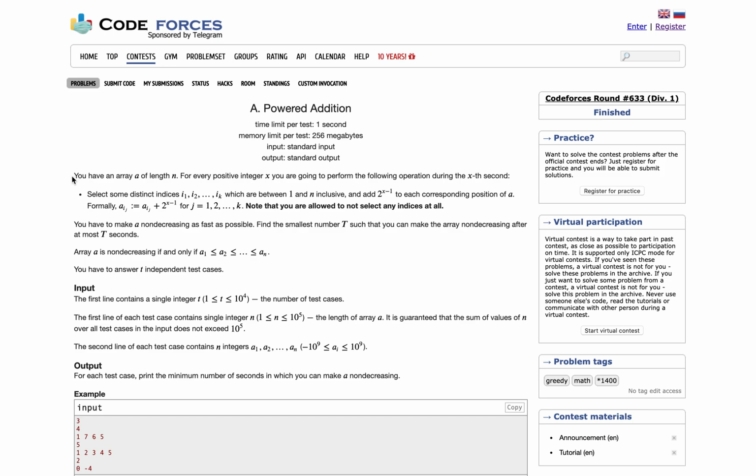I'll just read quickly and you can also have a look. Okay, we are given an array of length n. For every positive integer x, you have to perform the following operation during the xth second. You have to select some distinct indices which are between 1 to n inclusive and add 2 to the power x minus 1 to each corresponding position of a. Okay, so when x equals 1 we'll add 2 to the power 0, then 2 to the power of 1,